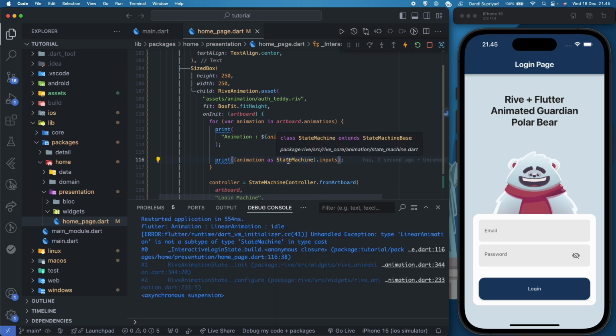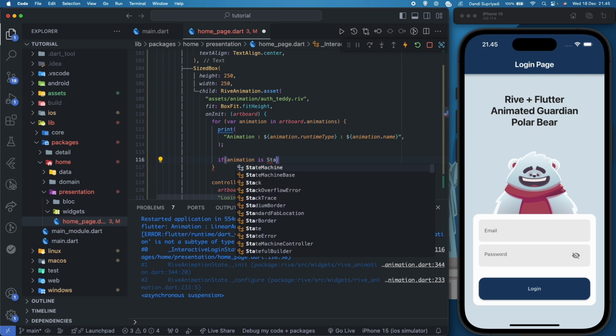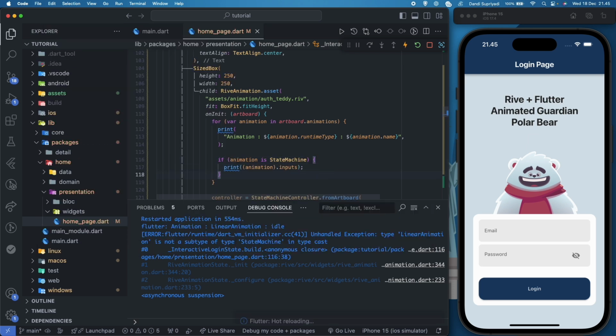If we refresh that, if animations is state machine, we're gonna print it.